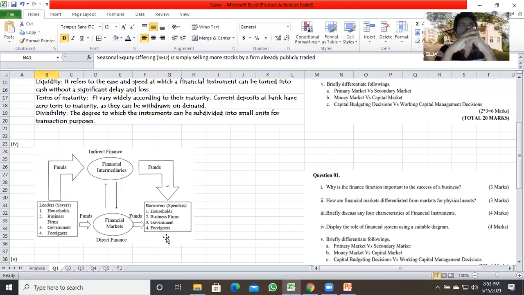As an example, when they become public limited companies through the Colombo Stock Exchange, they are trading their ordinary shares, or otherwise the small and medium sized enterprises, what they are doing, they are simply